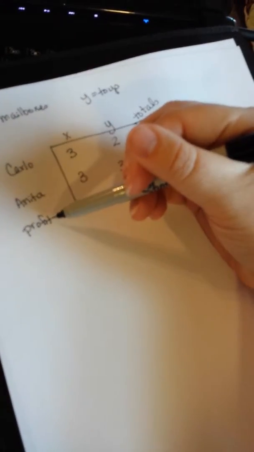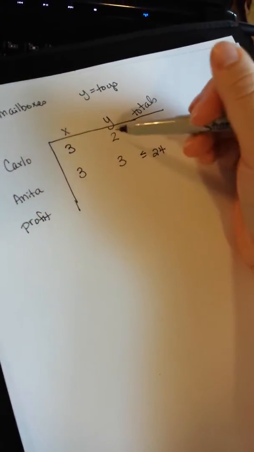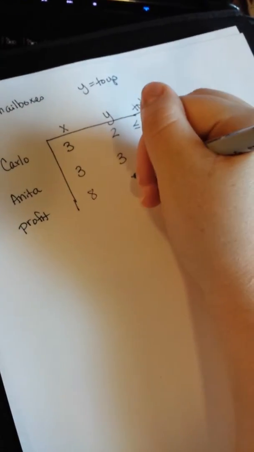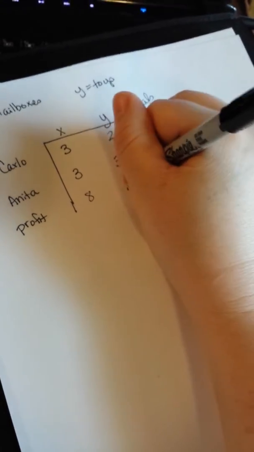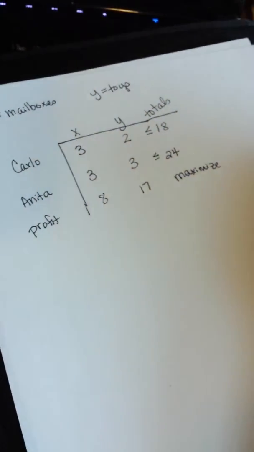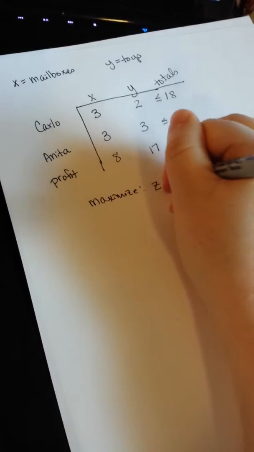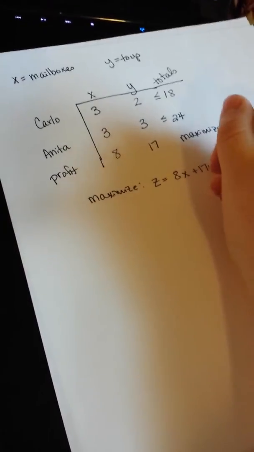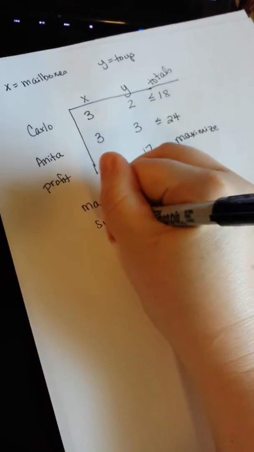Next, I need to figure out what I know about profit and mailboxes and profit and toys. So each mailbox sells for $8 and each toy sells for $17. And I don't have a total. This is the thing that I'm trying to maximize. So my linear programming problem looks like this. Maximize, and you can call this Z or P or whatever it is that you like, 8x + 17y. I'm getting those two numbers from right here in my chart. And this is subject to